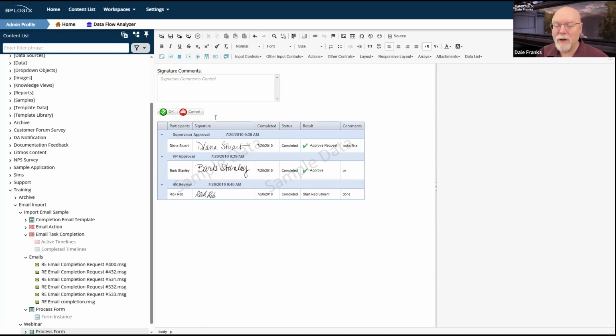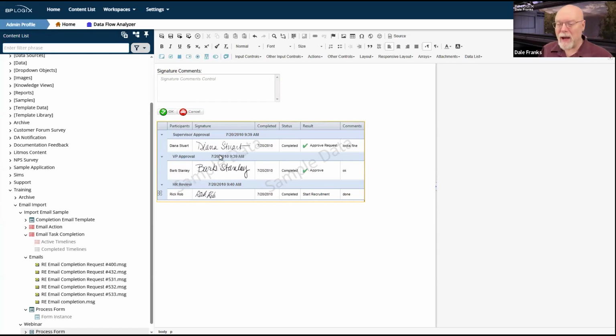I will tell you, just as a note, the reason that I dropped a button area control on the form prior to dropping a routing slip control on the form is just a best practice. If you don't have a button area control on a form, Process Director will stick a button area at the very bottom of the form. That's really inconvenient if you have a routing slip. You really do want to have the button area above the routing slip. So if I'm going to put a routing slip on the form, I'm always going to drop a button area in on top of it.